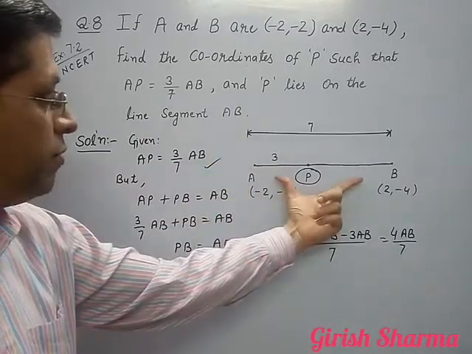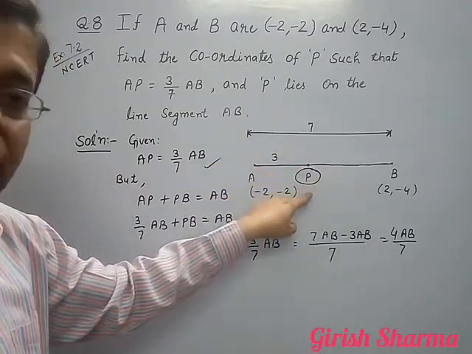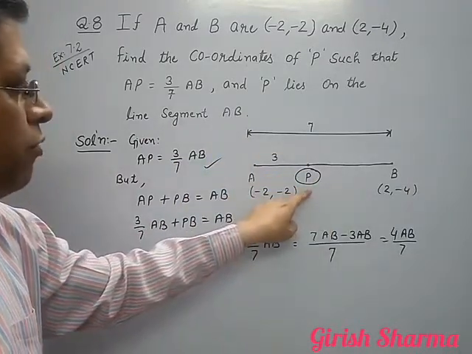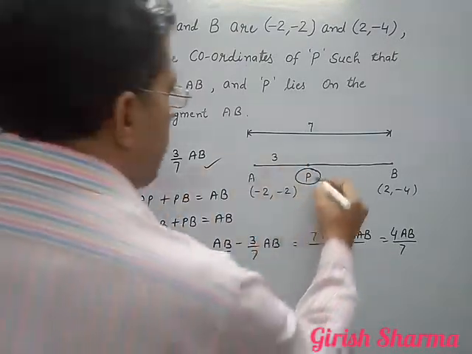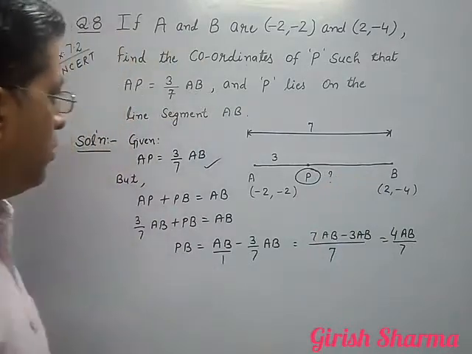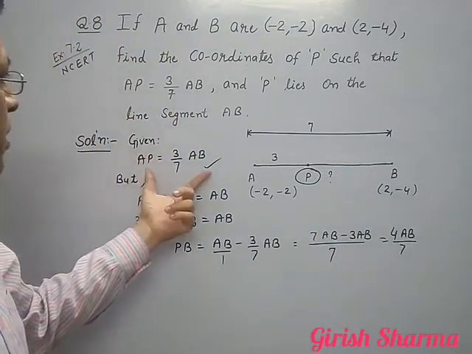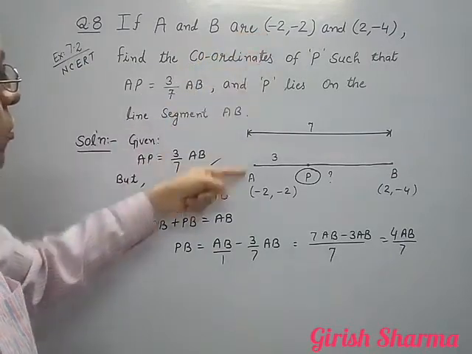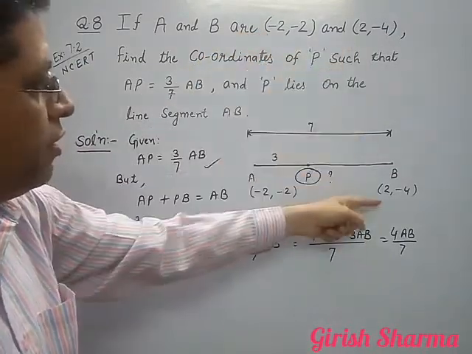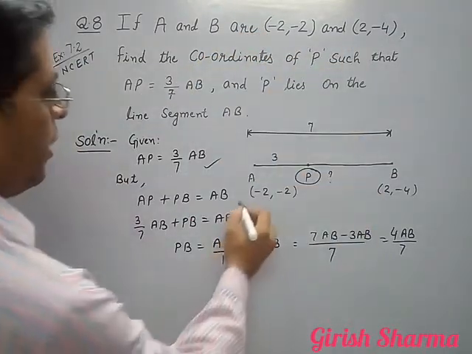Here, the line segment is AB. P lies on the line segment AB. What you have to find out? You have to find point P only. For that, what is given to you? AP is equal to 3/7 AB. A is clearly given to you, B is clearly given to you. I can write